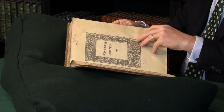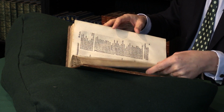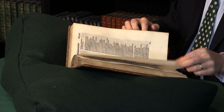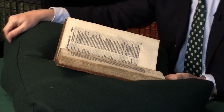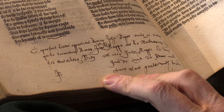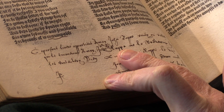Interestingly, there is another ownership inscription, which is also very early and possibly precedes Tyrrell's. It's in the Romaunt of the Rose, which is a translation of the French work, sometimes attributed to Chaucer. People have been arguing whether it's Chaucer ever since this edition was published. And here we see the inscription and the name of John Rappe, or perhaps Roper would be a later form of that